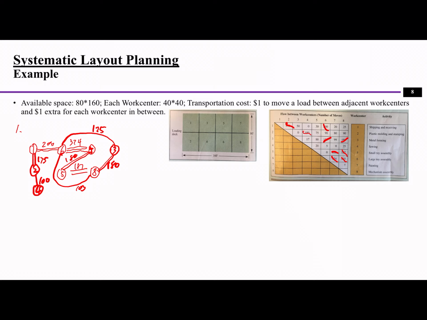So 3 to 7 is 99. And also we have some others at 90s, and you can keep continuing to finish all of those. But from what we already have here so far, you can see what the close relations are, right,